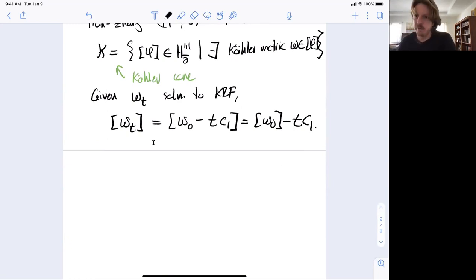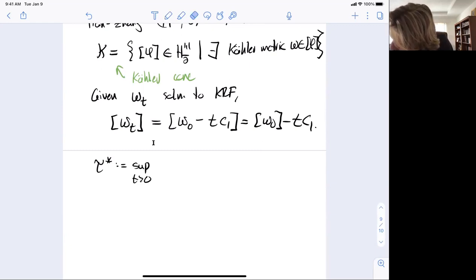So we have this Kähler cone. Every Kähler metric defines a class in H^{1,1}, and it happens to be positive. But on the other hand, this class is moving along the flow. And so certainly immediately you get an upper bound for the existence time that has nothing to do with anything analytic. You define tau star